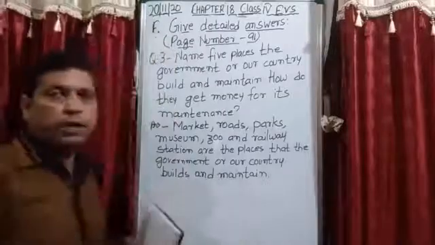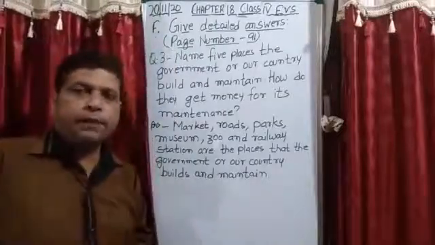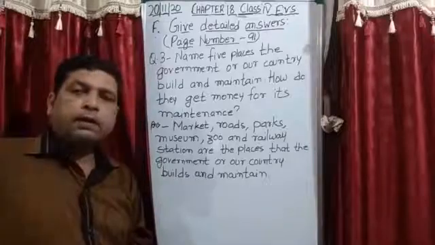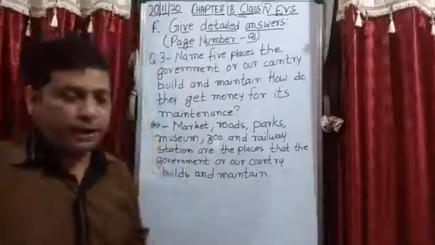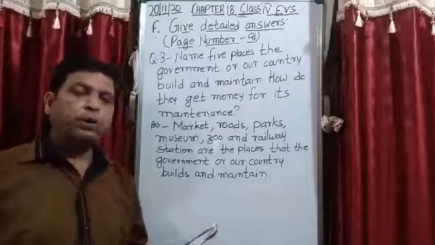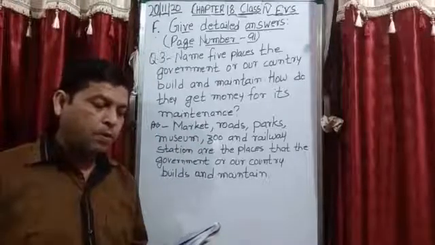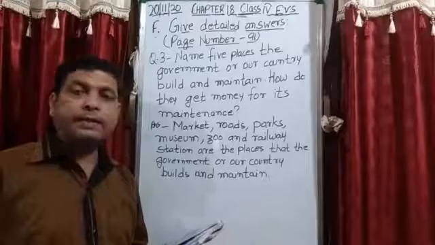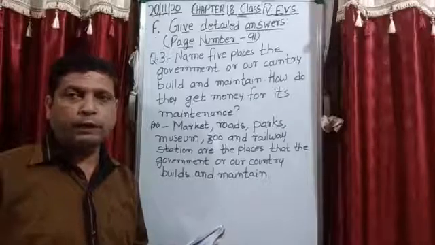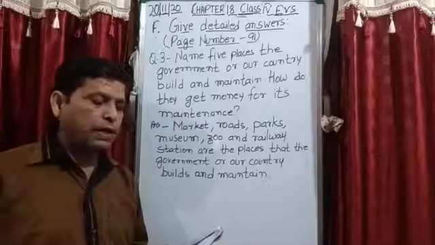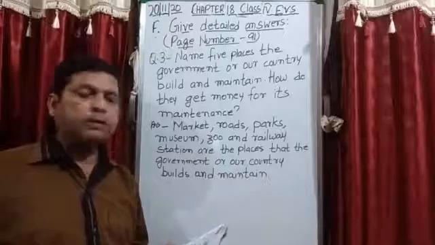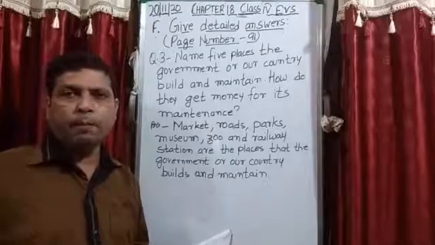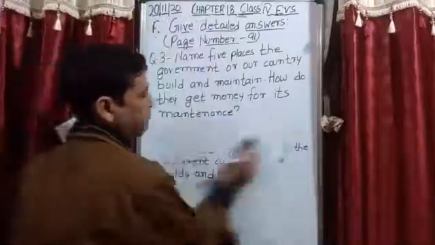Now the next question arises, student, from where they are getting the money. So student, they are getting the money by the taxes which we pay, like house tax, road tax, entertainment tax, and entrance ticket which you have to take in the zoo also. By this method we get the fund, and this is used for the maintenance of the public property. So note down the answer.